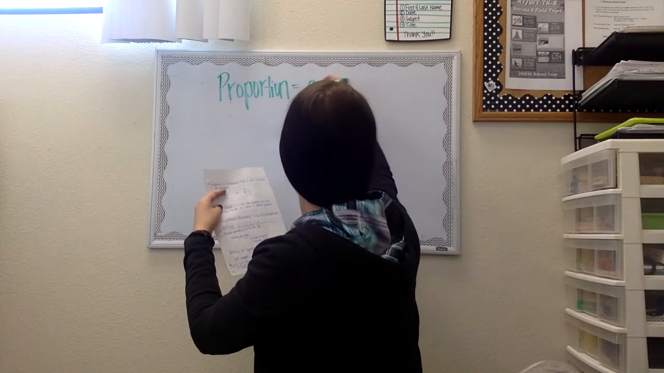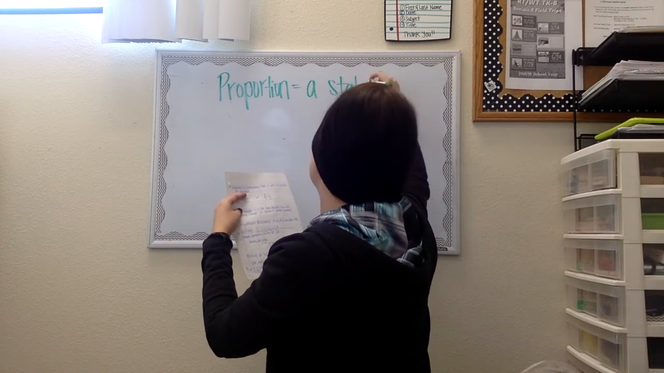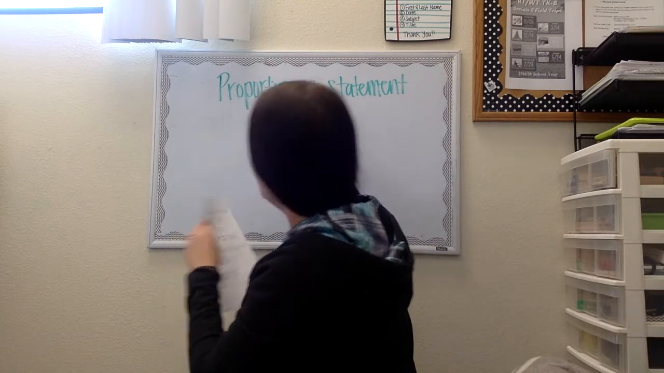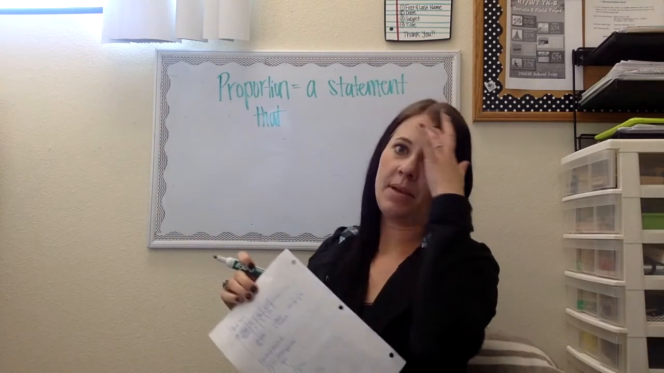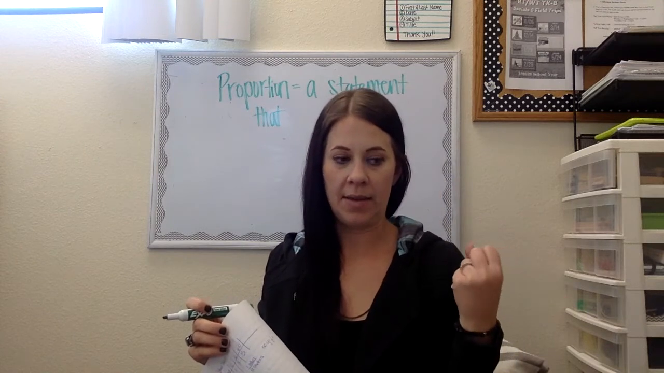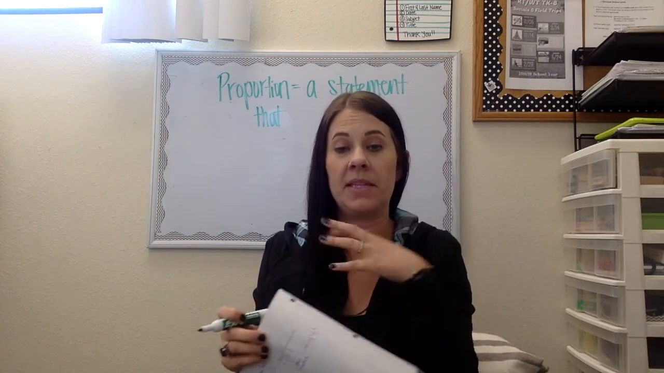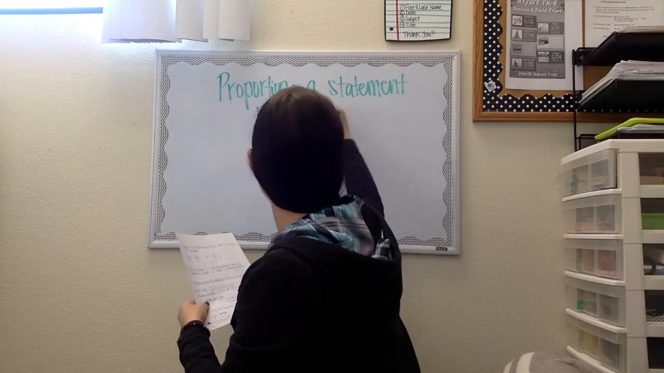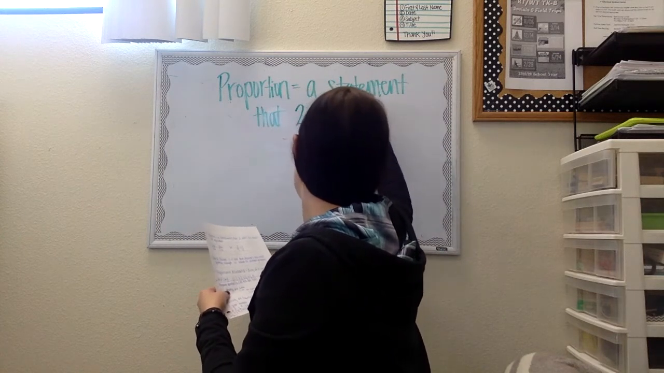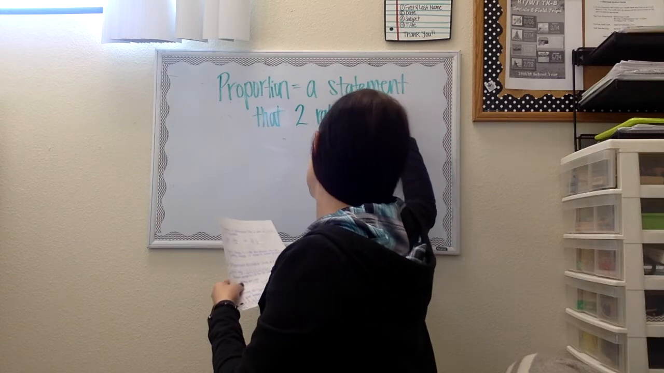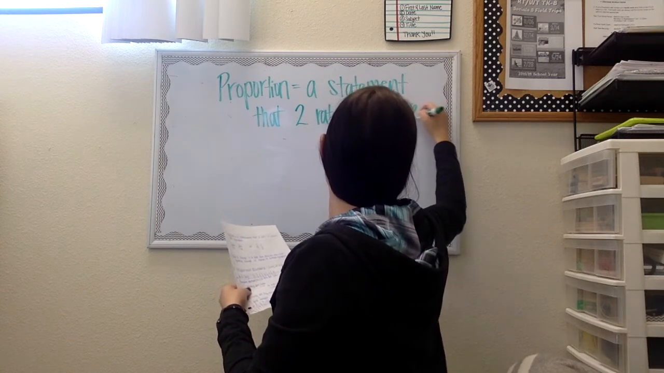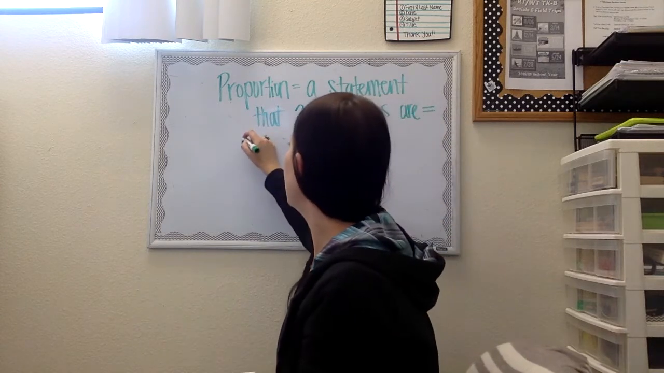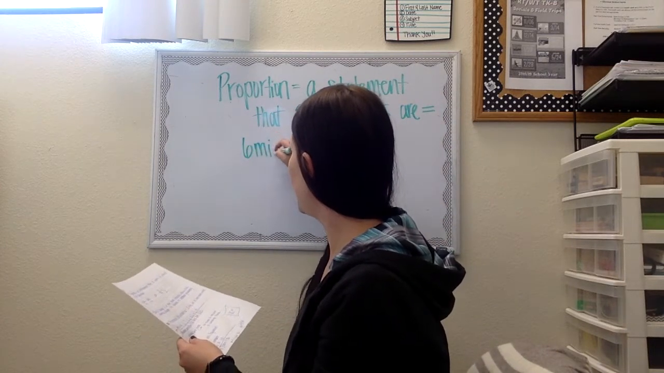So what this is, is a statement that, and remember, just because it says statement doesn't mean we're necessarily using words. We may in some problems, but these could also just be numbers. So a statement that two rates, also called ratios, are equal. Okay, so two examples would be like 6 miles per